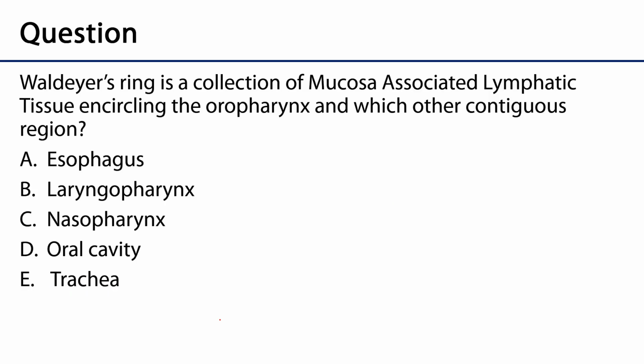And that leads us to our assessment question here, and that is, Waldeyer's ring is a collection of mucosa-associated lymphatic tissue, MALT tissue, encircling the oropharynx and which other contiguous region? Is it the esophagus, the laryngopharynx, the nasopharynx, the oral cavity, or the trachea? Well,